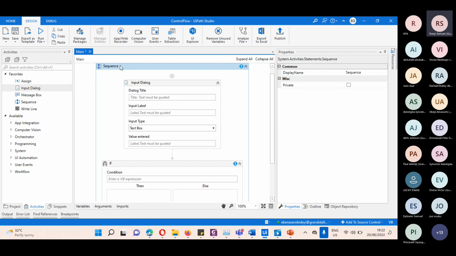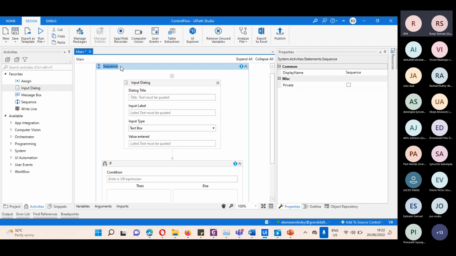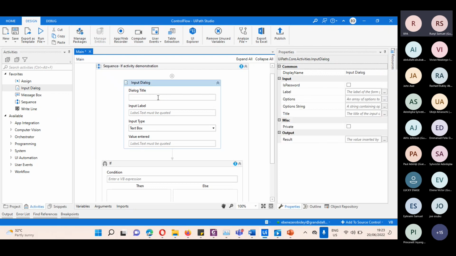So you hit F2. Let's call it if activity. Okay, let me call it demonstration. Well, that is not specific enough, but let me permit you to just use that. And then the dialogue